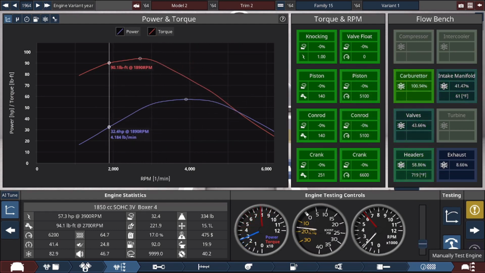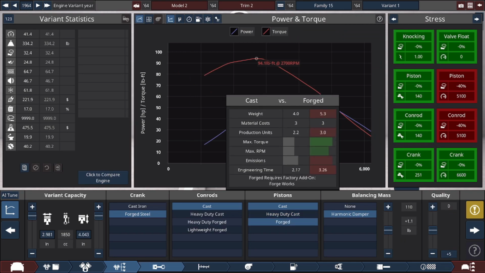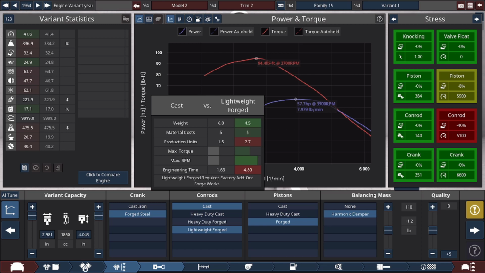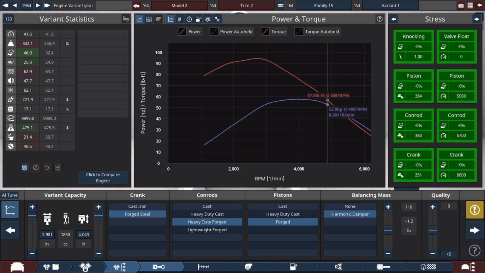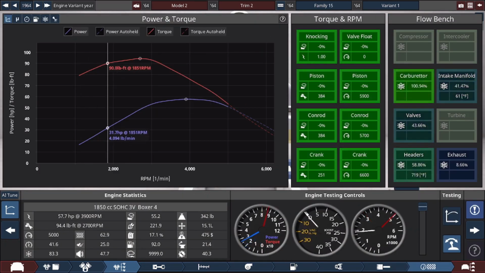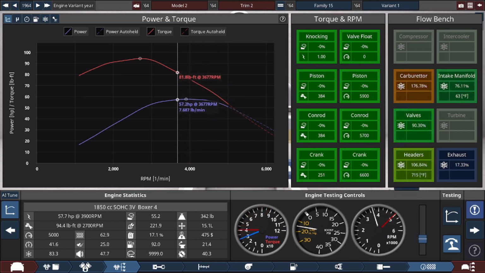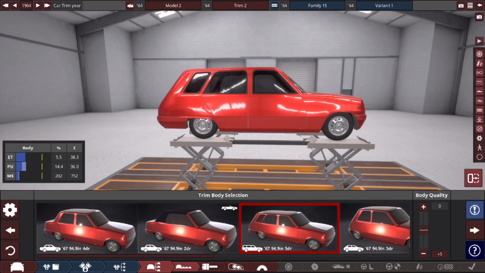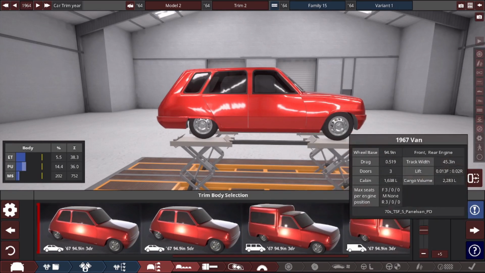But she sounds cool. Need to be able to rev higher, so maybe we do forged, and then the conrods need the same. So let's also do heavy duty forged, maybe. And then limit to about 5,000 RPM. So this baby gets a decent amount of revs. Okay. And this is the fun part where we get to basically slightly...